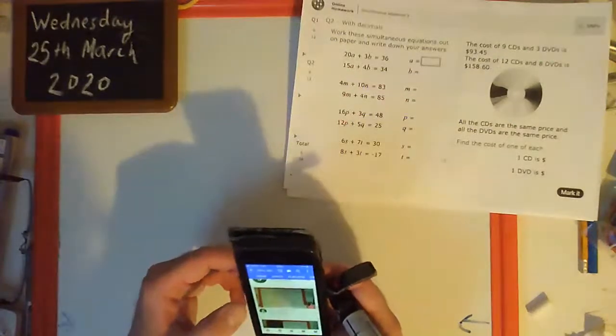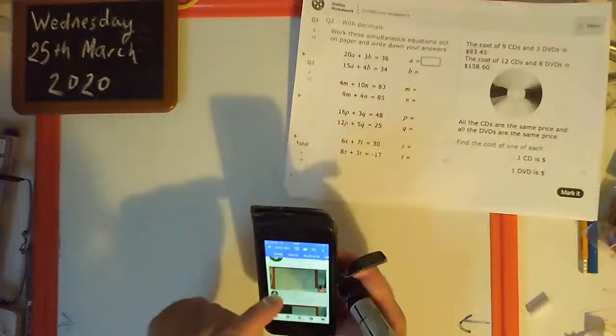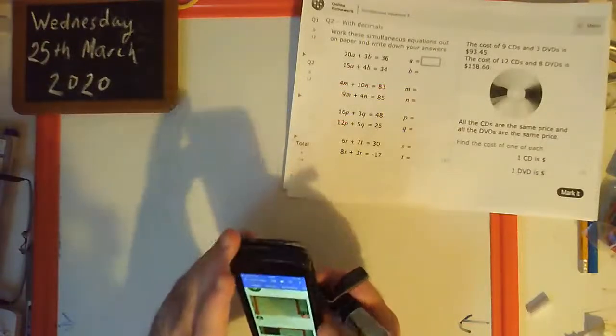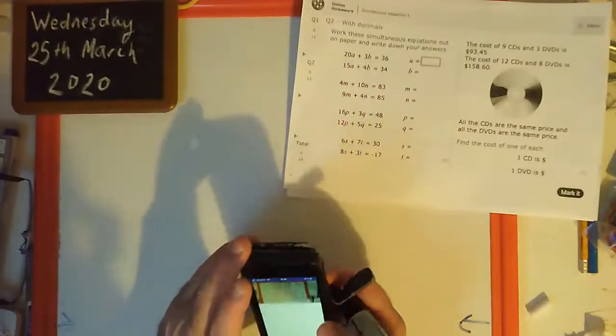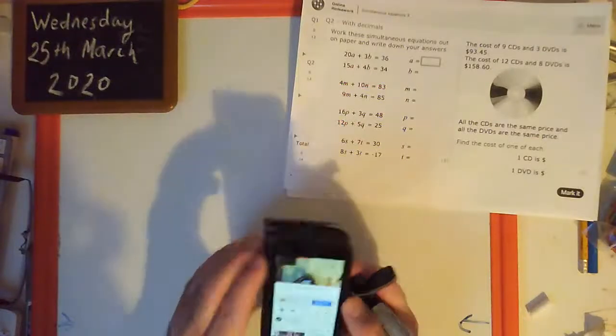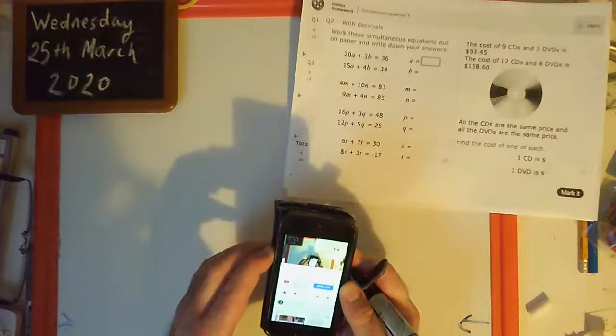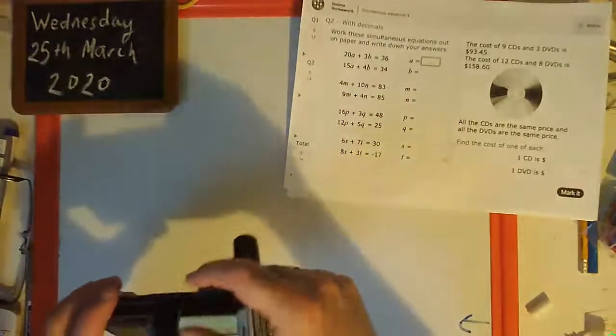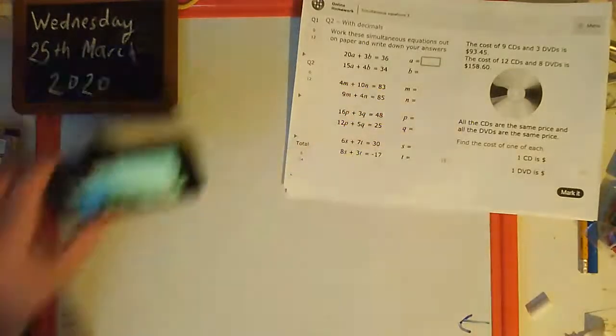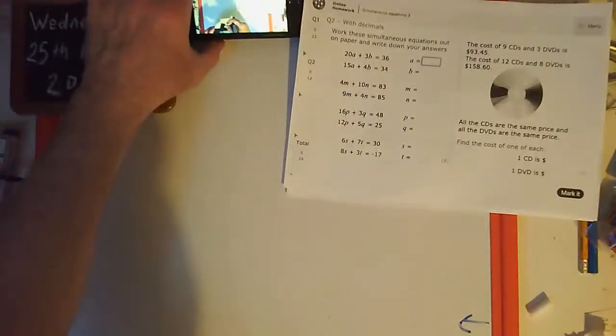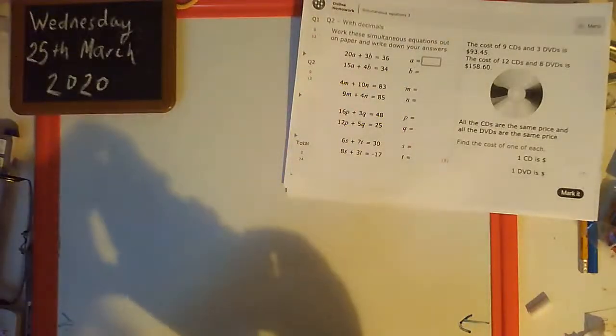So 3 watching, brilliant. One of those 3 will be me on this phone, but hopefully there's 2 of you out there at least, and I can click on that and stream myself. A little bit of a delay there to check that that's working. That's working, isn't it? So that's good. I'm not going to use up all my data for the month.